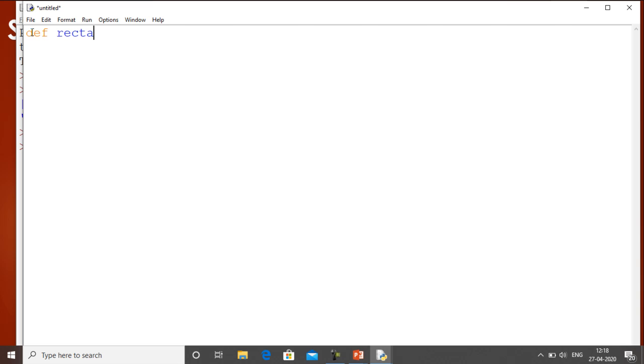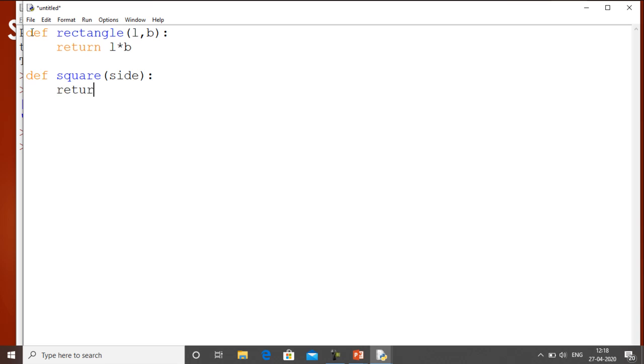The first function is rectangle, L comma B, and this function will return the area of the rectangle, that is length into breadth. Again, I define another function, def square, and within the brackets I will take side.